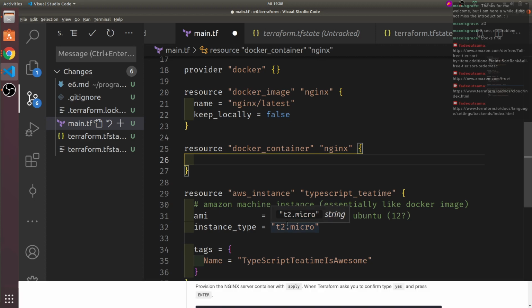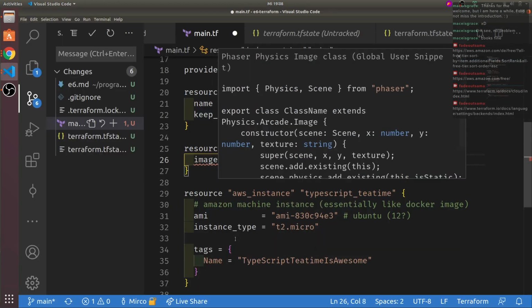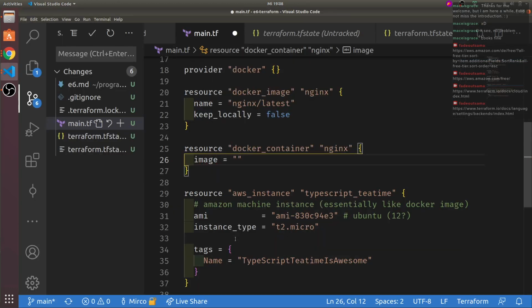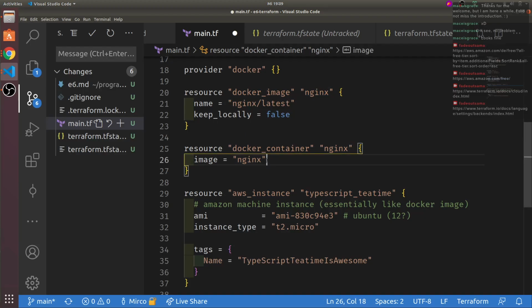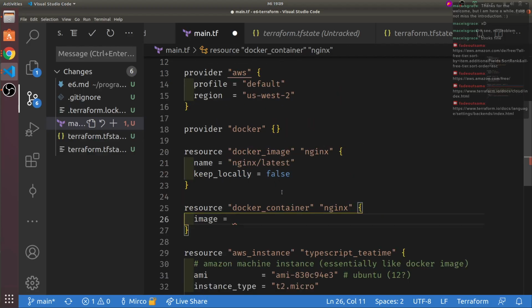What do I have to provide for that one? Of course, the image. Yeah, in this case, it's the image. And the image is nginx, which is this. Okay. So now we get into some more specific HashiCorp configuration.